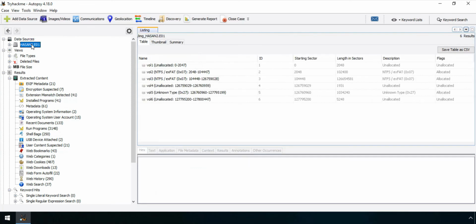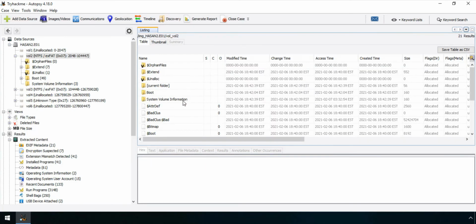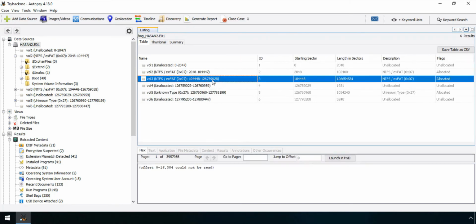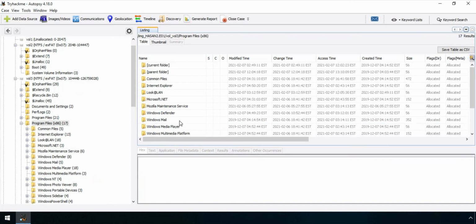Going on to that, I should go over the data sources, and whichever volume has it. Yes, this volume, volume 3, actually has the program files which we were looking for.